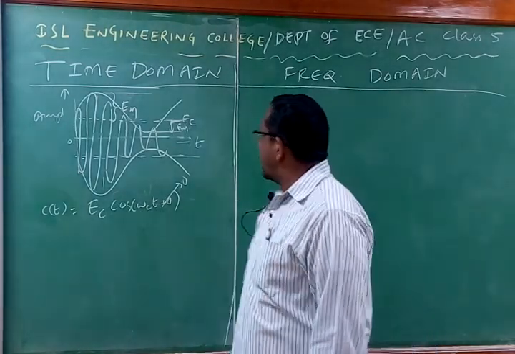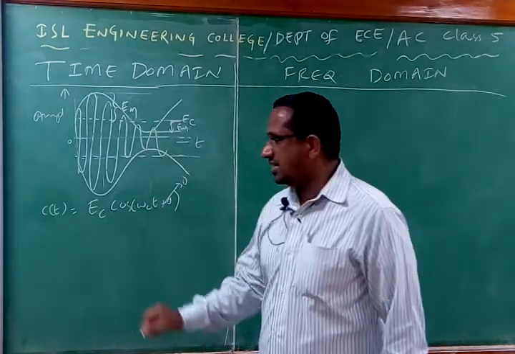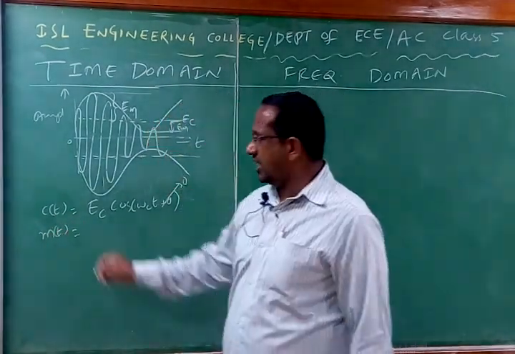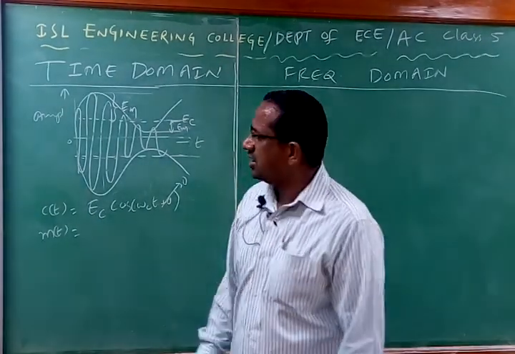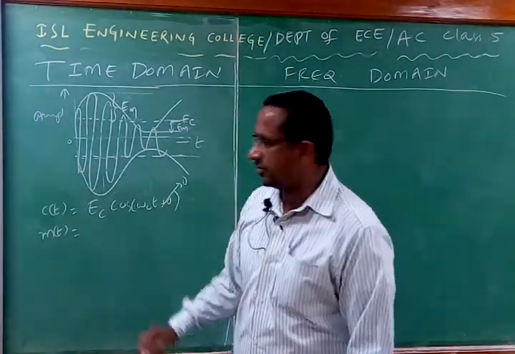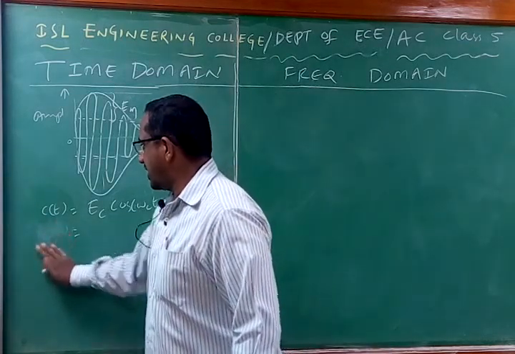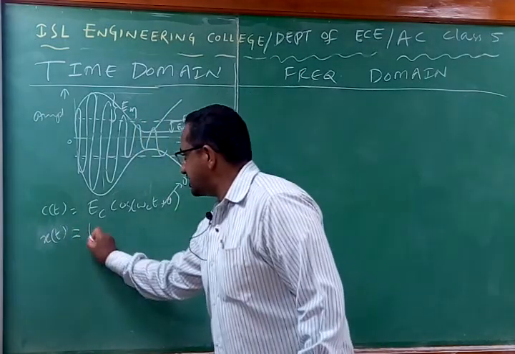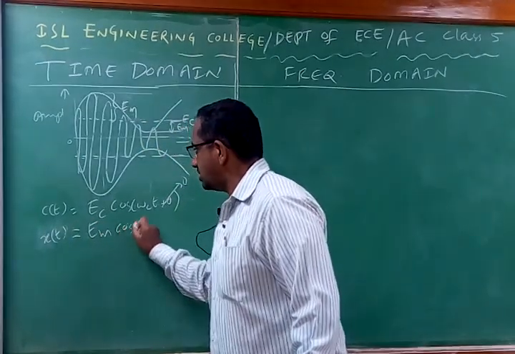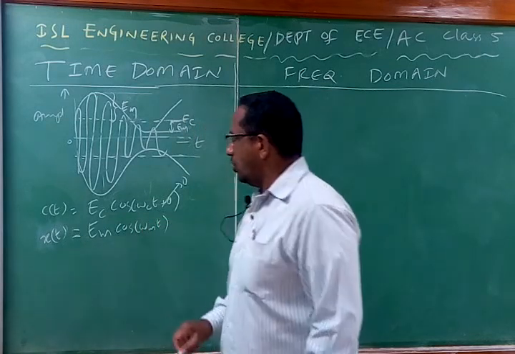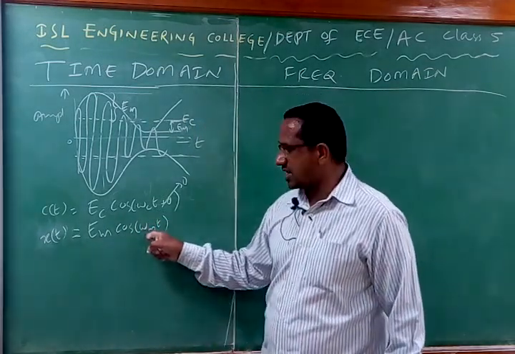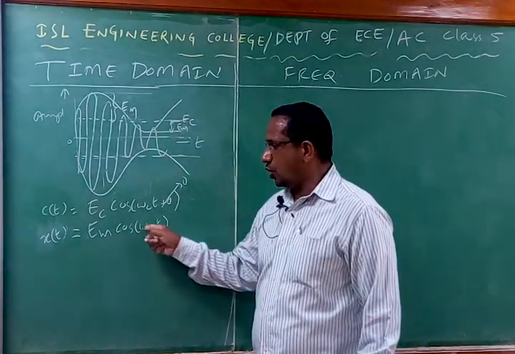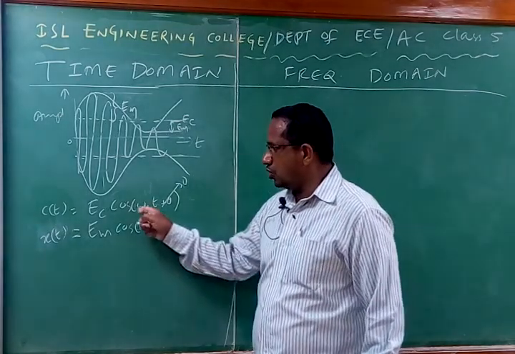And similarly, can I write the signal for the message signal? Yes, I can write similarly for the message signal as m of t, or you can take x of t, y of t, it doesn't matter. So I will take x of t. So x of t is the message signal. Now this message signal amplitude I can take as Em cos omega mt. What do you mean by suffix m? M stands for modulating signal. Angular frequency omega m is for the message signal, and omega c is for the carrier signal.